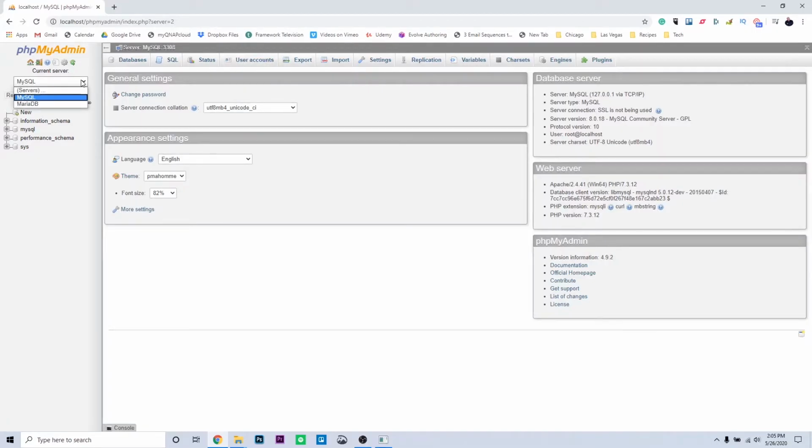Notice again here you can switch between MySQL and MariaDB. And there's actually already some databases in here that are used mostly behind the scenes. We're not going to worry about these. But let's take a moment and look at the interface. The tabs up here are the main way you'll navigate through the application. Now, as you're first using this, you probably won't use all of these, but let's go through a few that